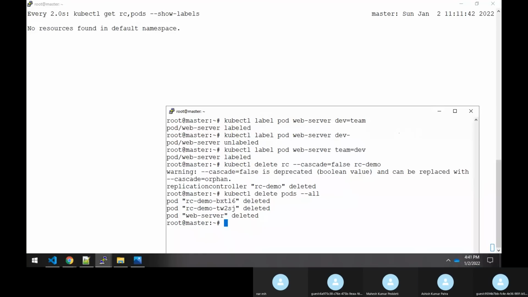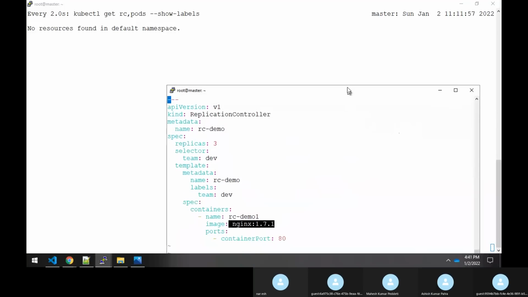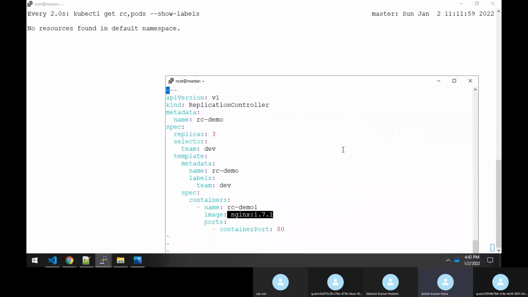Nginx, right? Here, whatever we have in rc.yaml, you could see that this is running with the same image, Nginx. So every pod will be running with the same application. The application or content will never get transferred. It is just a recreation of a new pod. Okay, I got it.